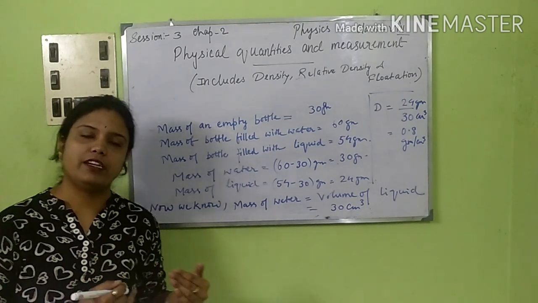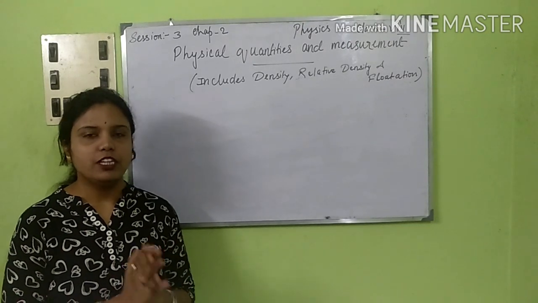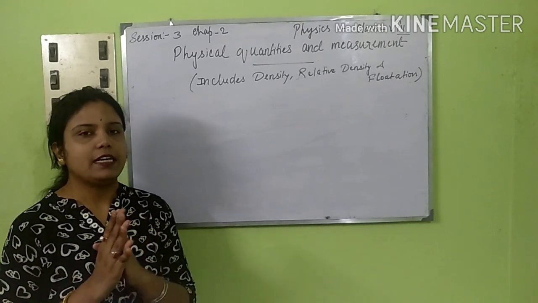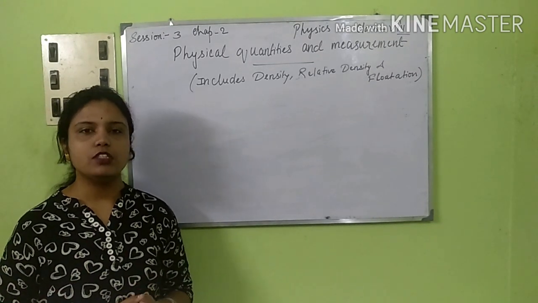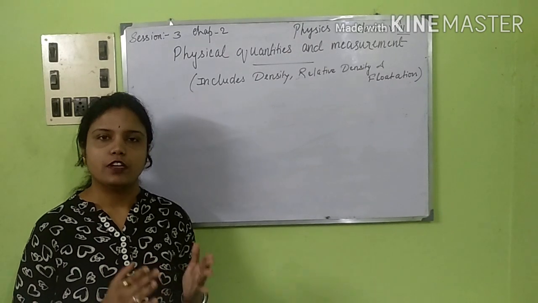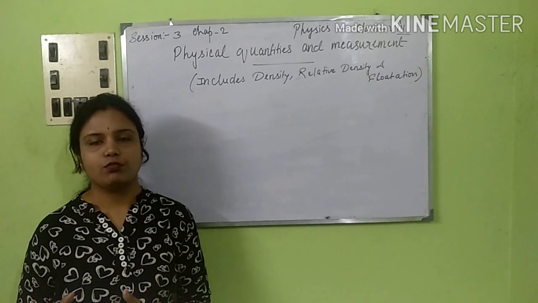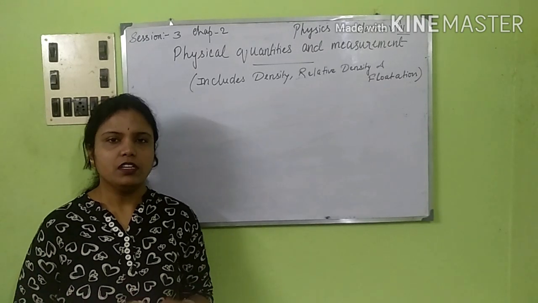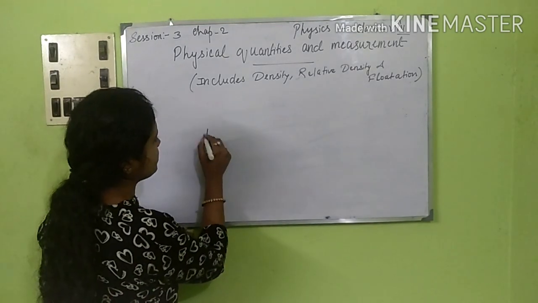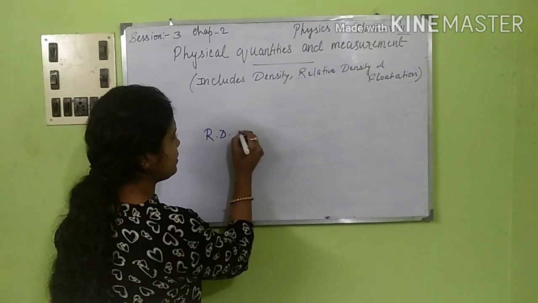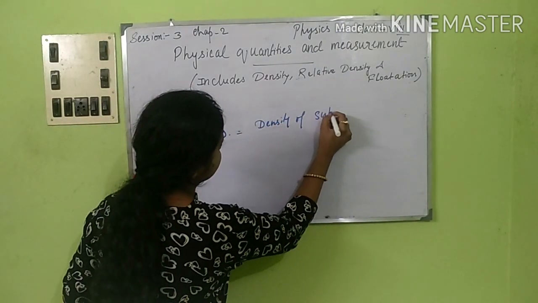Next, coming to relative density. What is the definition of relative density? Relative density is the ratio of the density of the substance to the density of water, or in other words, the mass of a volume of any substance to the mass of the same volume of water. So this is how we calculate it. In simple words, RD, that is relative density, is equal to density of substance